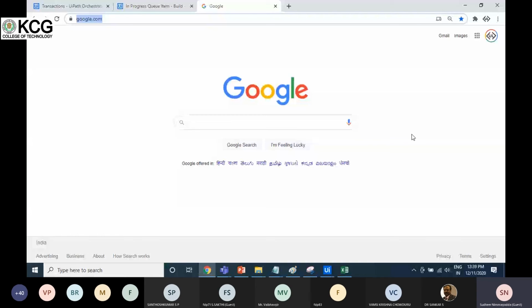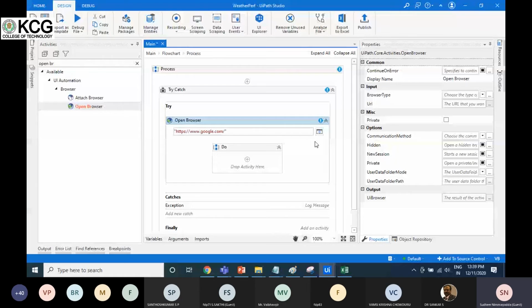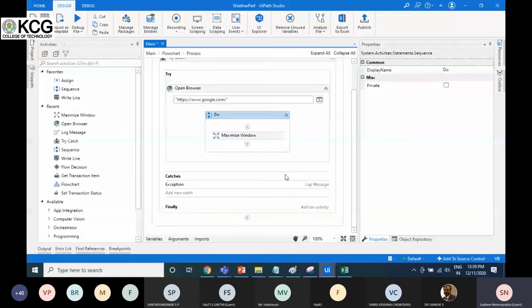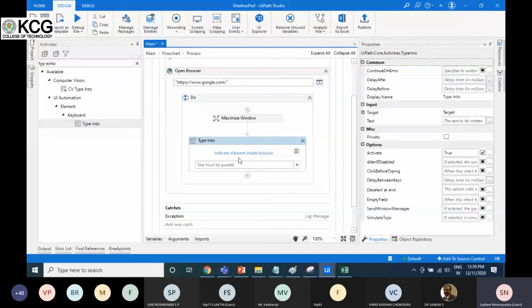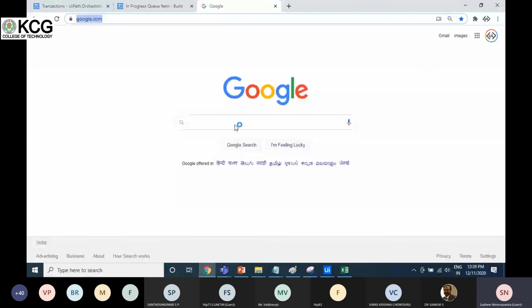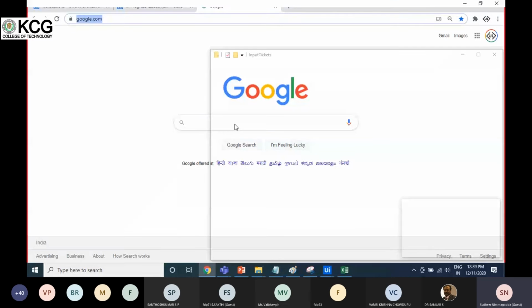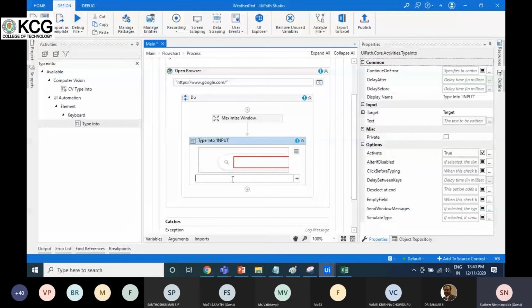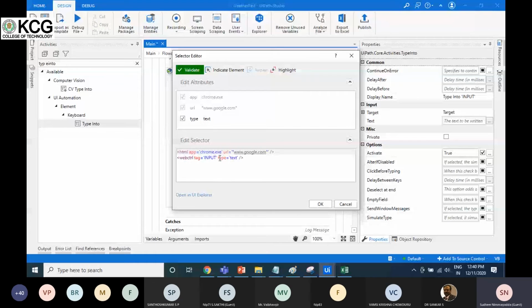Okay, so this is a URL, and here the type I am changing to Chrome. If you want to maximize, just drag and drop the maximize window, and after that, what we have to do is type the information. Just use a type into activity to type the weather in that particular city. So indicate on the screen, select the text box which you want to open, and type the information like so. Just check the selector. If the selector looks good, yeah, it looks good, and here